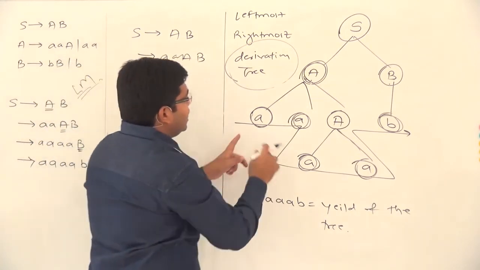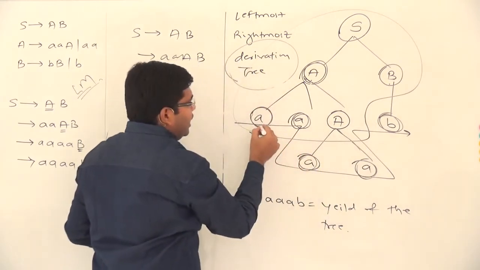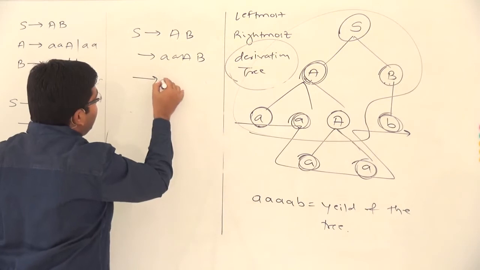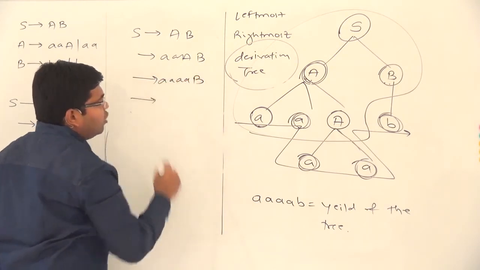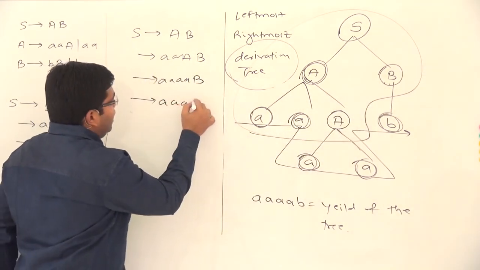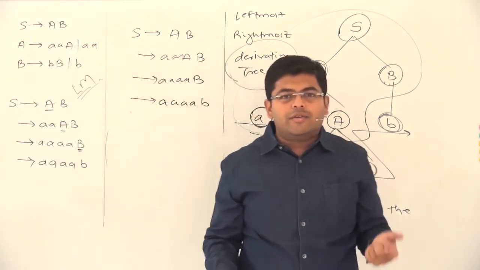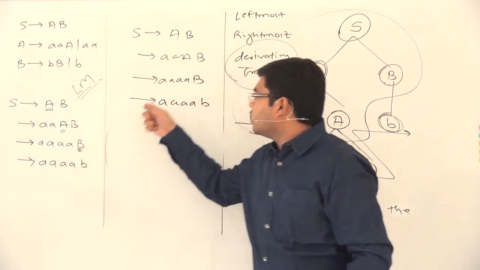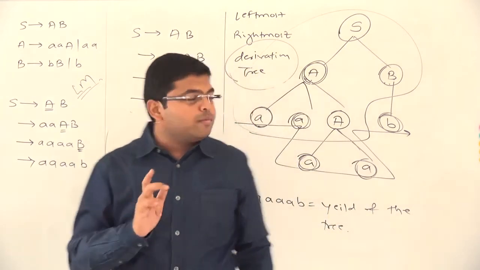Now we get a tree like this, we will get this much tree. Here it is A, capital A and capital B. Again the leftmost variable is A, so we will apply A, and capital B, and finally the only variable left is B, so we will apply A and B. What I mean to say is, from a given derivation tree you can always obtain leftmost derivation, and you can obtain rightmost derivation. And there are certain properties.